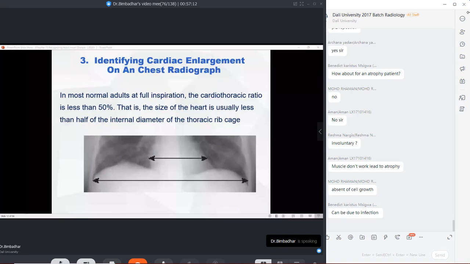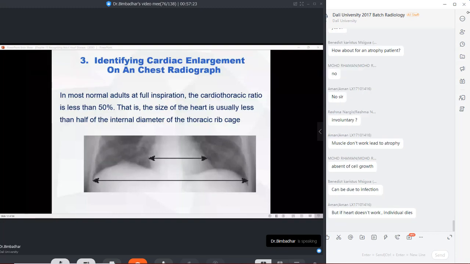So what does not using the heart mean? Is there any condition where the heart cannot be used? Of course, the heart starts beating in the fetus, from the 18th day, and from there until you die, you are using your heart. If there is a misuse of the heart, yes, like Aman says, the individual dies. So there is no atrophy of the heart. But your question is about atrophy of the patient. If there is atrophy of the patient,